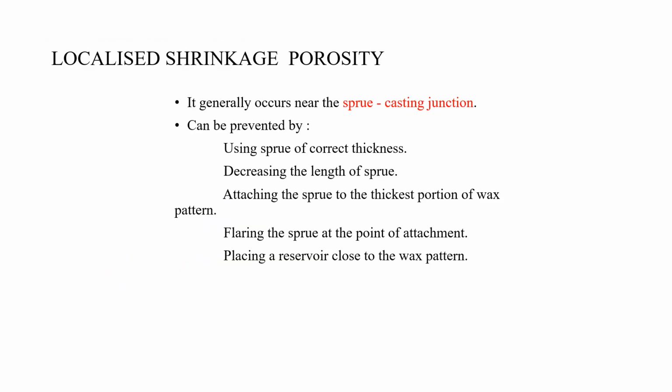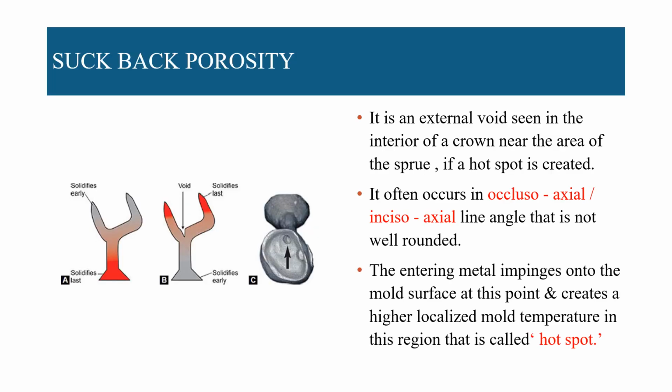Generally, this localized shrinkage porosity occurs near the sprue casting junction. It can be prevented by using a sprue of correct thickness, decreasing the length of the sprue, attaching the sprue to the thickest portion of the wax pattern, flaring the sprue at the point of attachment, and placing the reservoir close to the wax pattern. So coming on to suckback porosity, it is an external void seen in the interior of the crown near the area of the sprue